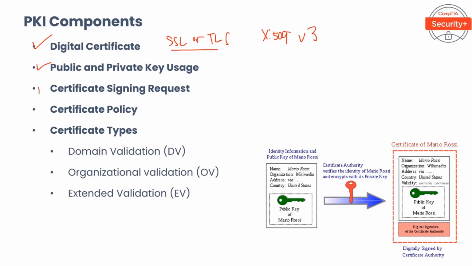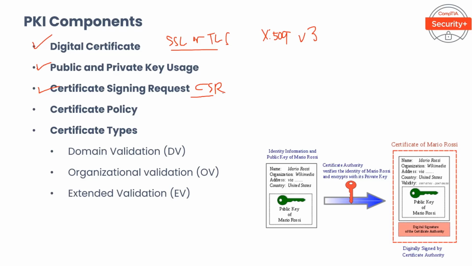Now, what is a certificate signing request, or a CSR? To install a digital certificate, a specific request needs to be generated and submitted to the CA. The applicant applies to the CA for a digital certificate using the CSR. Included within the request is the applicant's public key, along with information about the applicant, such as the following,